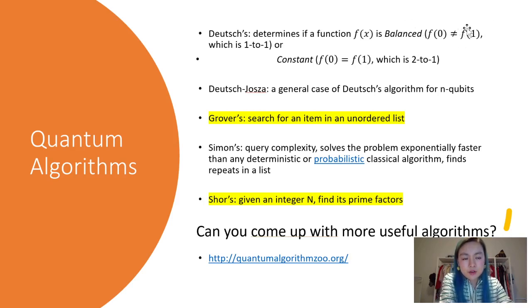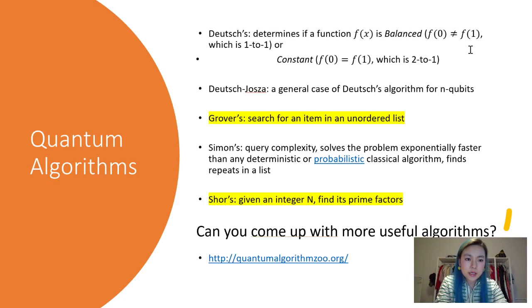They were developed in the past couple decades, and they were early algorithms that scientists were able to show a specific improvement compared to classical algorithms for specific tasks. So the Deutsch algorithm is trying to solve whether a function is balanced or constant. Balanced just means that